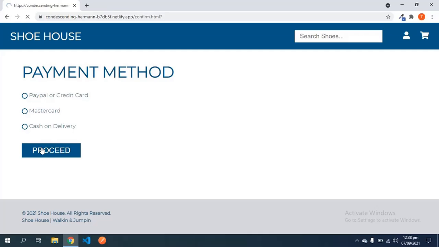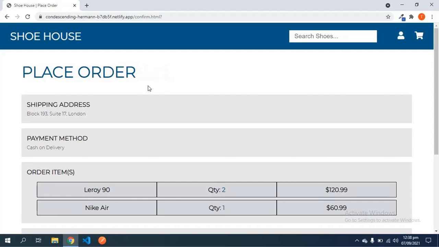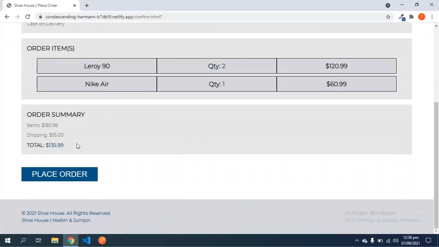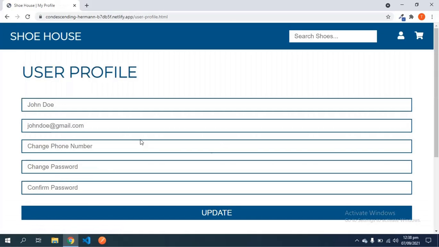Also press proceed, and this is to place the order. This is just our summary. So we have the shipping address with the hard-coded address, we have the payment method, we have the order, so what we ordered, we have the order summary, so with the total, and we can decide to place order like this, and it takes us to our user profile page, which we can